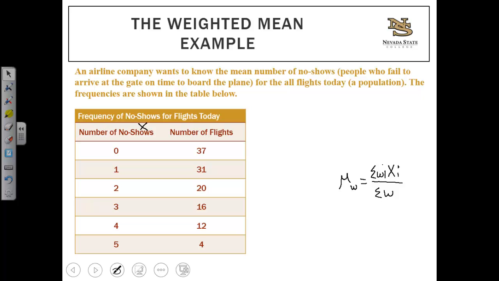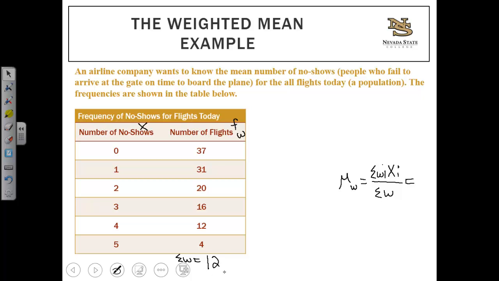Okay, so I'm going to start by finding my denominator. To find my denominator, I need to add up the total number of flights. So this is my F or my W, my frequencies, my weights. So 37 plus 31 plus 20 plus 16 plus 12 plus 4 gives me a sum of W that is